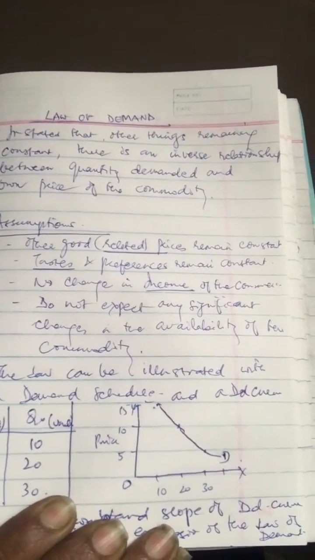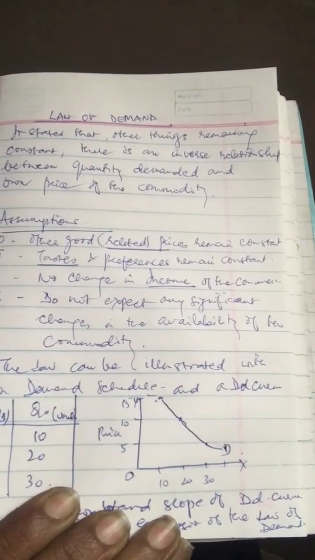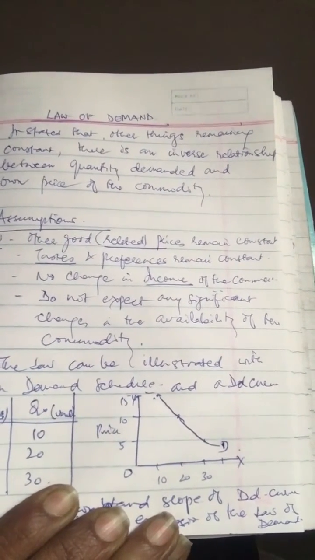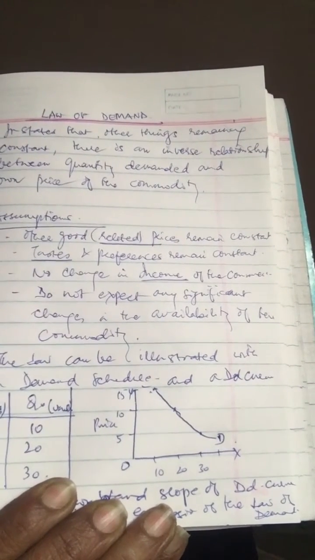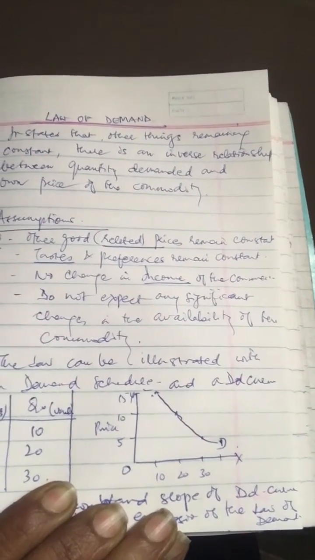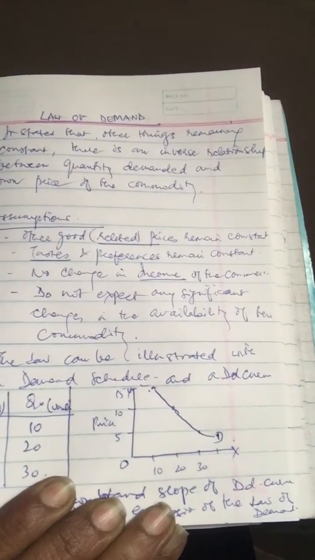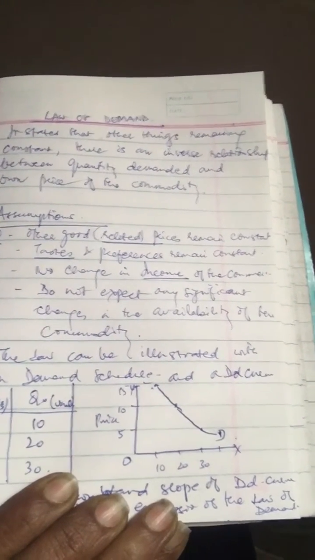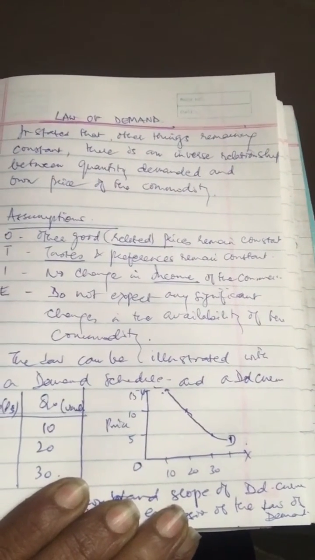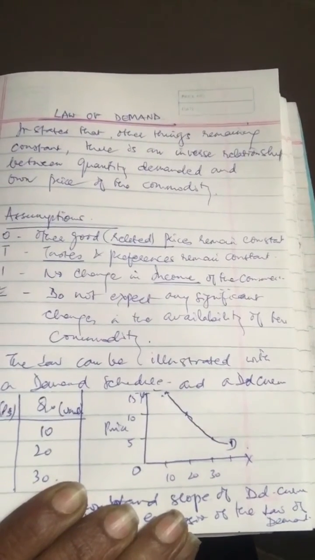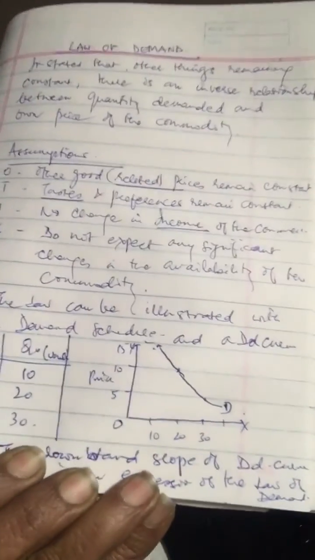And the other determinants, let's take that O: prices of other goods, that is related goods, do not change. Then T, tastes and preferences of the consumers do not change. I, that is income, there is no change in the income of the buyers or the consumers. And E, regarding expectations, consumers do not expect any significant change in the availability of the commodity in the near future. So having gone through the assumptions, now we can explain